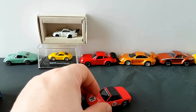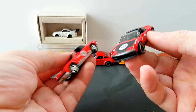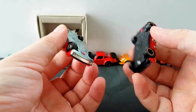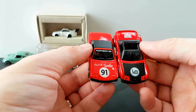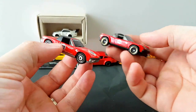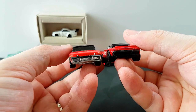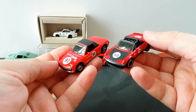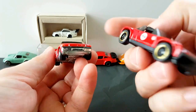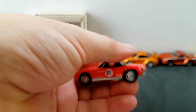And I wanted to compare it to another 914 that was recently released, this time from Hot Wheels as part of the car culture. Both are metal on metal. In terms of size, the Hot Wheels one is smaller for a change and looking more aggressive. So this one is more like the stock version of the car, and this one is the customized version. And I have to say I like them both. In this red race type decos. This one only wins by a small margin because painted tail lights. Hey, there you go. So that's it for